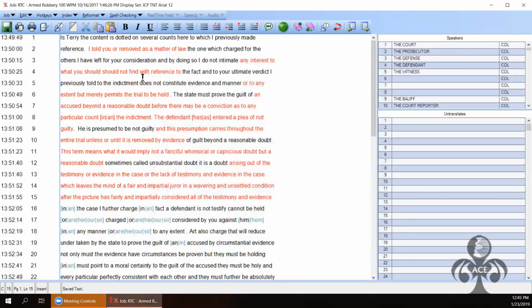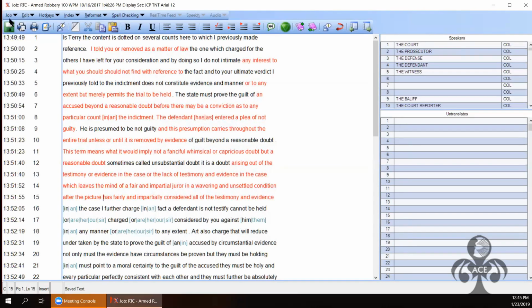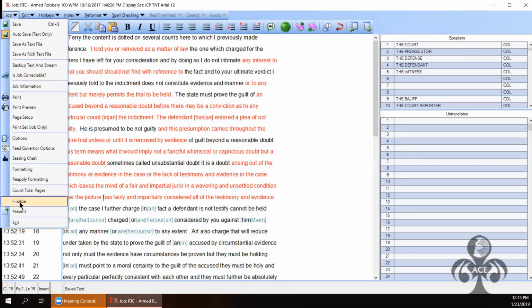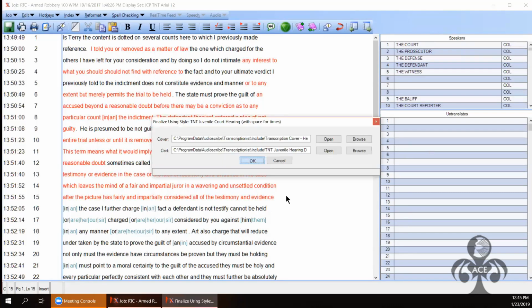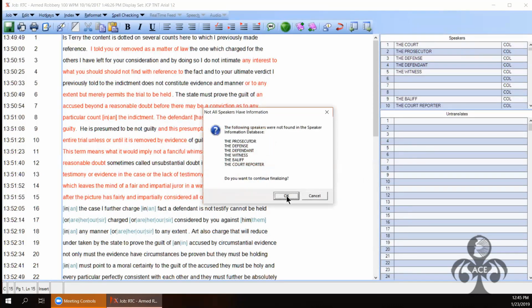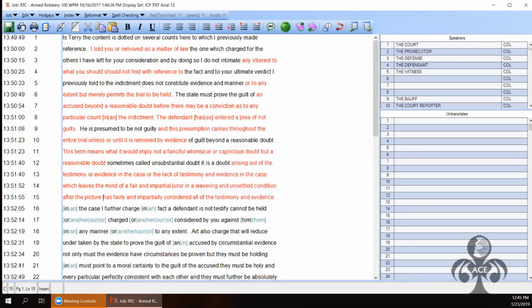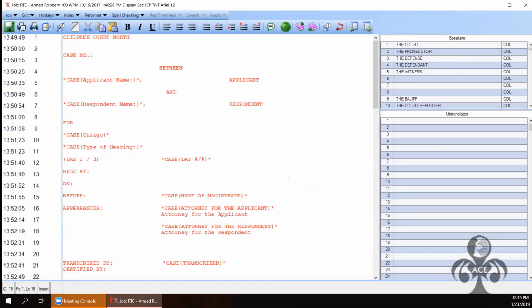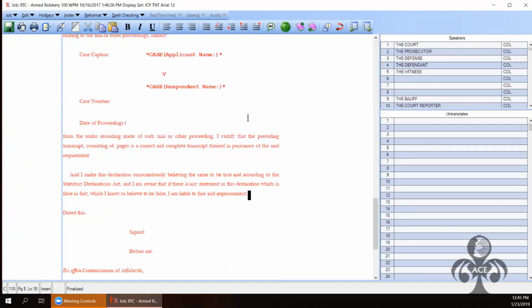And that's how you create the cover pages: simply job, finalize, and say okay. And it's telling you that all these don't have speaker information. That's okay. And so now it's going to do its thing. You can see it's thinking. That's that little picture there. And then you can see